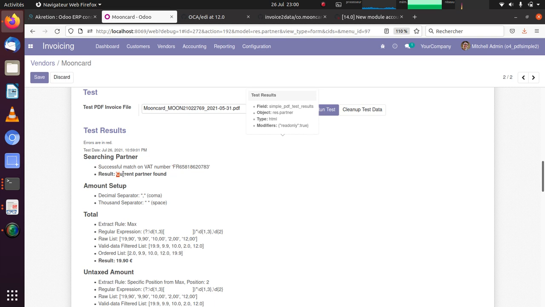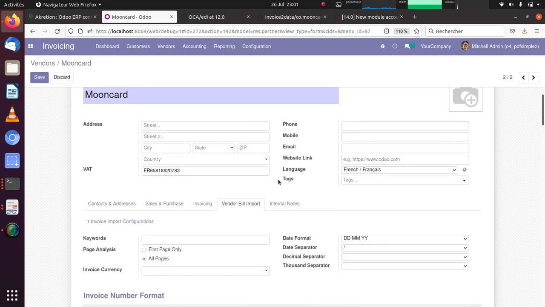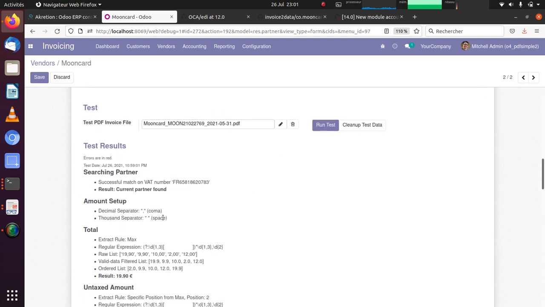So result, correct partner found, so that's great. Then amount setup, decimal separator. Here I left these fields empty, so it used the one of the language. Decimal separator, it's a comma in French, and thousand separator, it's a space.